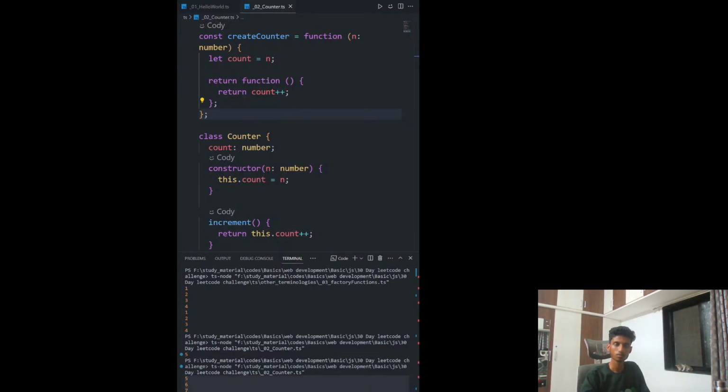So today let's solve day 3 of LeetCode's JavaScript challenge. We are today solving Counter 2. Yesterday we did solve Counter 1, so this is going to be a bit more in depth. We want to create a function that creates